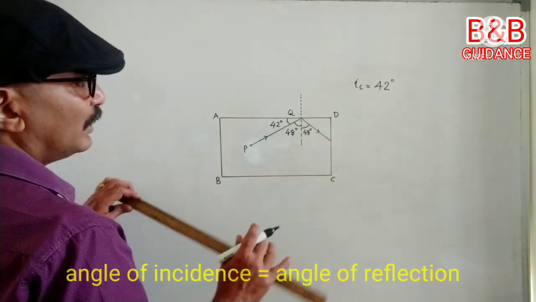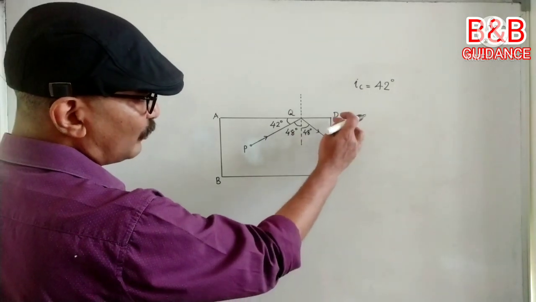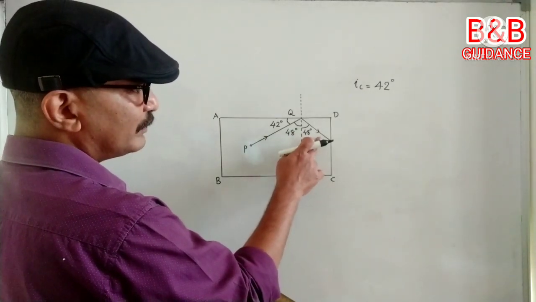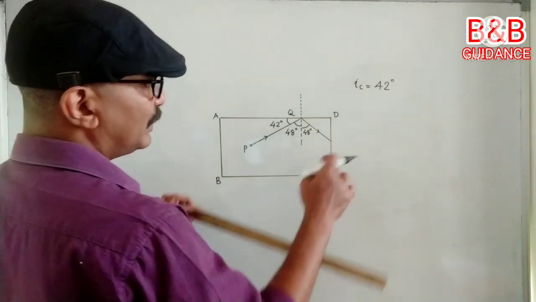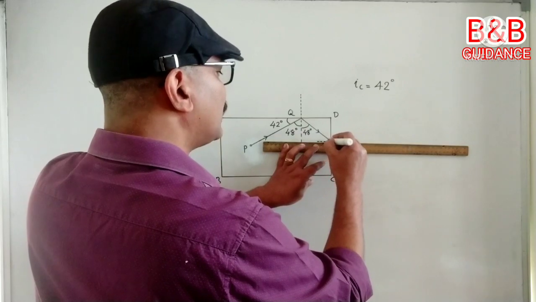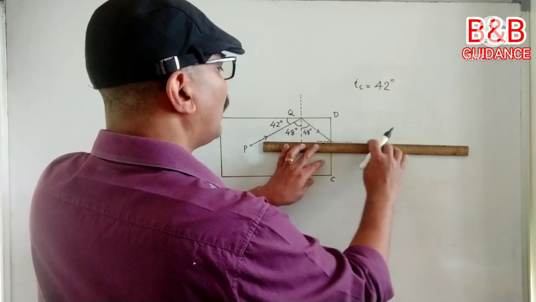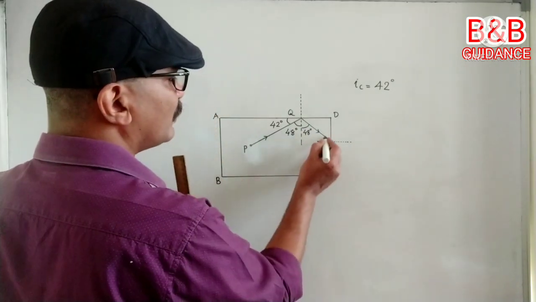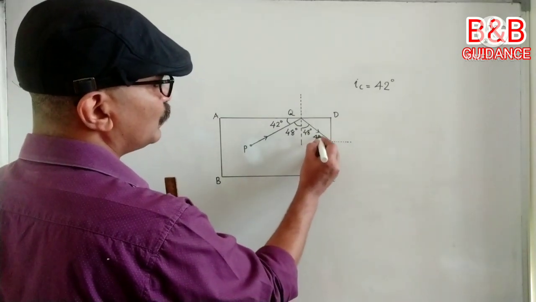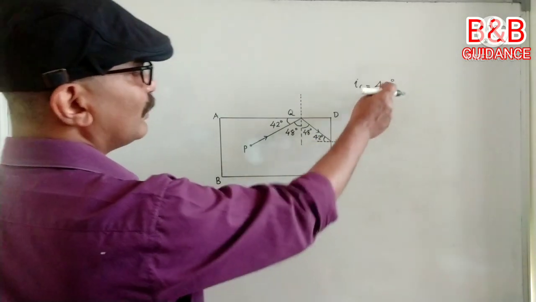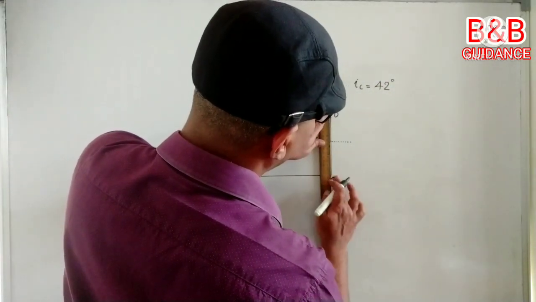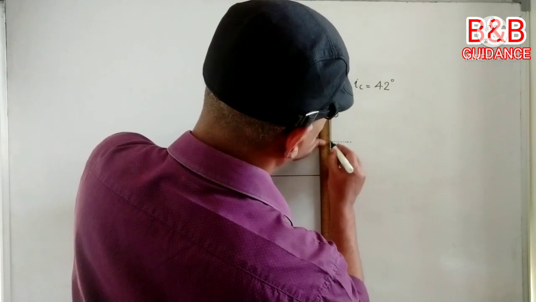You know that. And now the light ray reaches the surface CD. There light tries to travel from this denser medium to rarer medium. Whenever light attempts to travel from denser medium to rarer medium, you have to find the angle of incidence. When you calculate, you will get 42 degree. So here this one is equal to critical angle. What happens? If angle of incidence is equal to critical angle, ray grazes the surface.